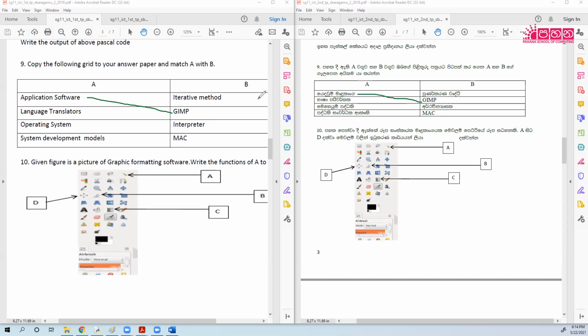But anyway, language translators that we have discussed. There are different translators, compilers, interpreters that we have already discussed. So this should be correct,